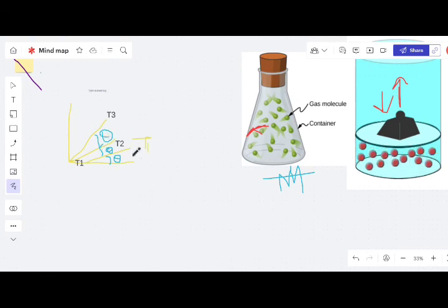Here you can take volume either here or there, it's your wish, and pressure on the other axis. So we know that it's tan theta. As the temperature, tan theta, increases, the value of